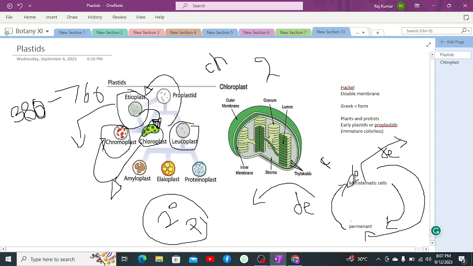Now, on the other hand, we have one more feature of plastids: they are capable of division. What does this mean? These rapidly divide themselves. As these can rapidly divide themselves, they have less metabolic activities, because as we know that during cell division,